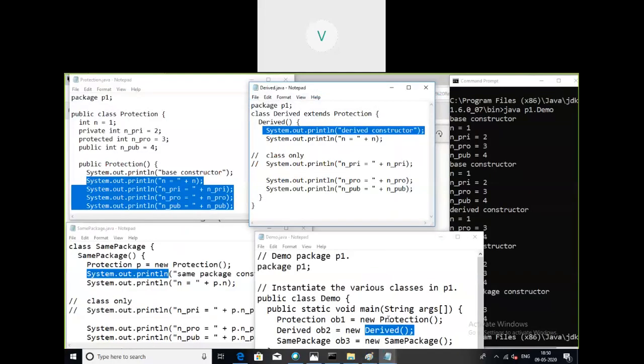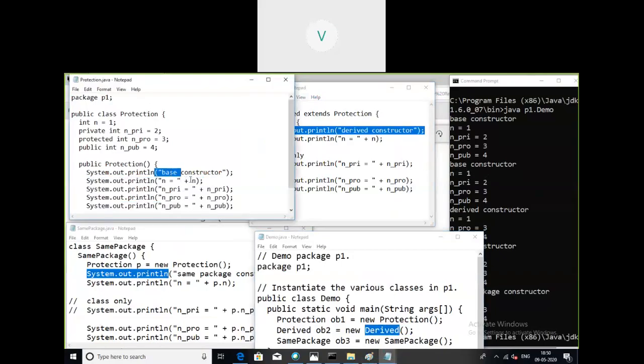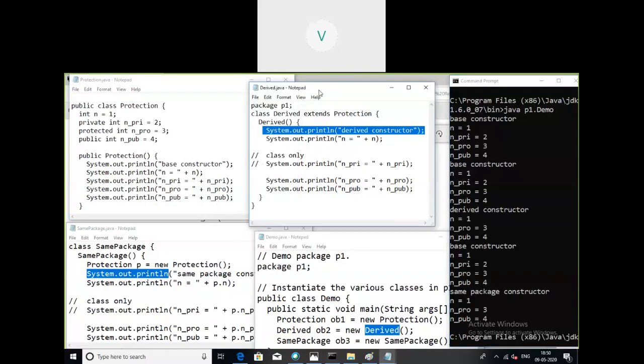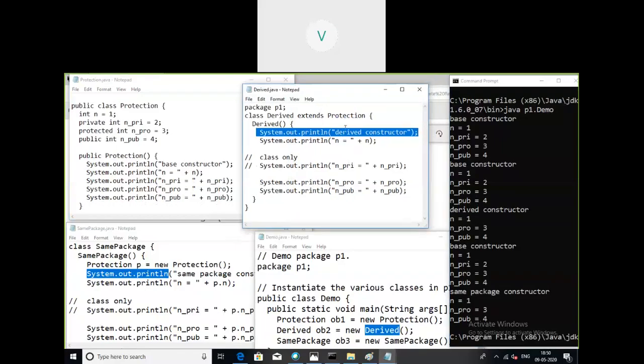So that's what happens. For this statement, first the constructor of the derived class is executing. What is the constructor of the derived class? Same 4 lines: base constructor, n, private, protected, public. That means these lines are getting displayed once again. Then these are the lines belonging to the derived constructor. What is present in the derived constructor? First statement, that is derived constructor, is printed as it is. Then the value of n is printed. Then protect